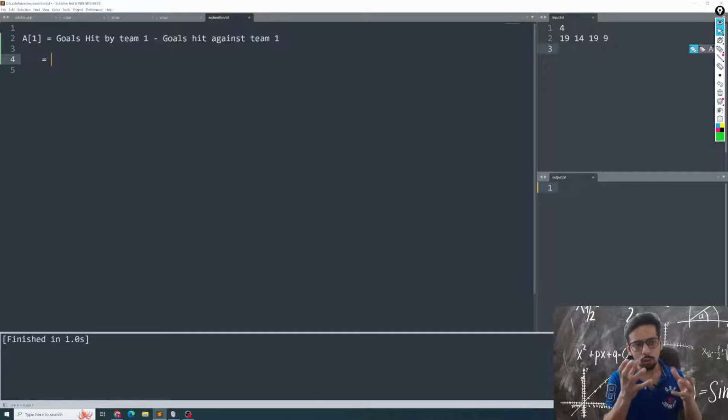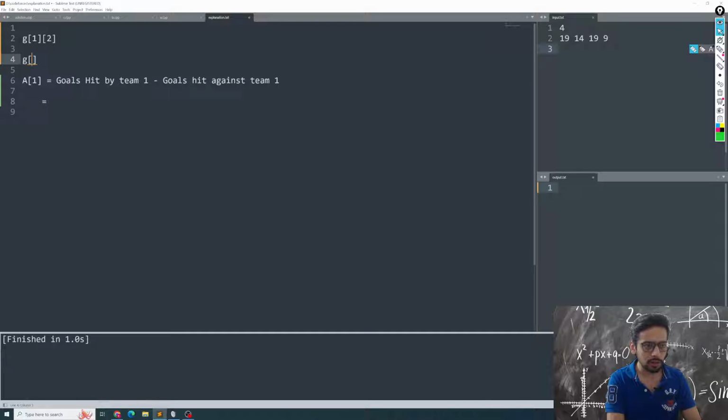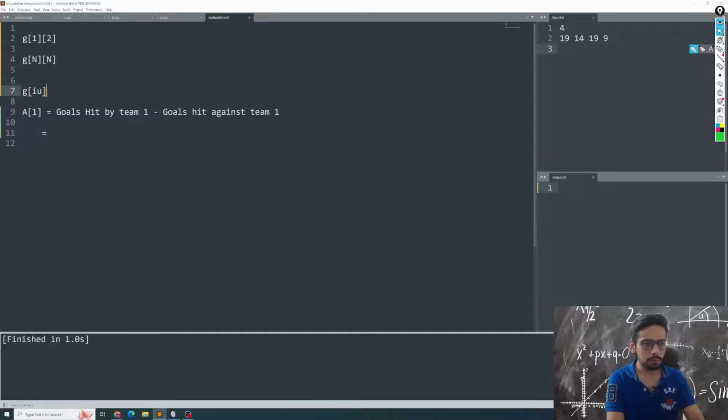If you try to further break this equation down, let's say you have the scores of each match. The number of goals that team 1 hit against some team 2 will be G12, and we have an array GNN where G of ij is the number of goals